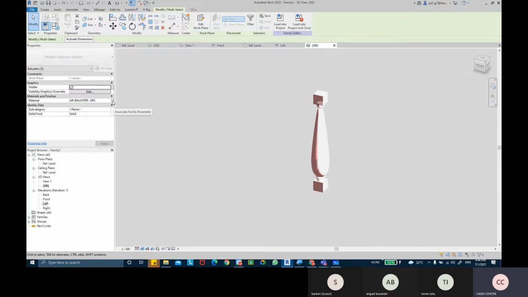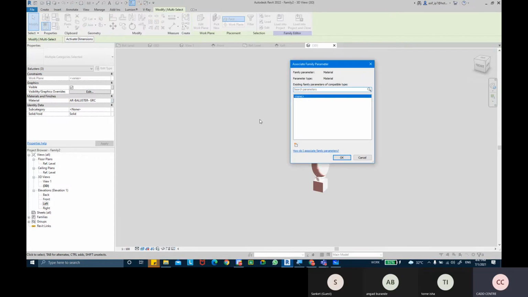So that would be a really long task. So why not create an associated family parameter for the material, so that you can control the object's material in the project itself. So I'm going to click on it.